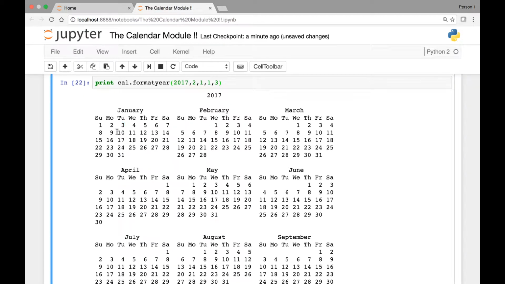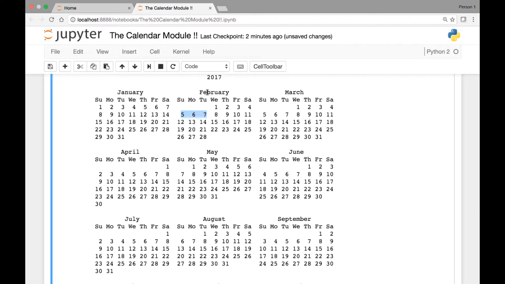So the second Tuesday for the month of January 2016 will be in the second week, right? Say Tuesday the 12th, which is in the second week. But in some of the months, the first week might not have a Tuesday. For instance, February, the first week doesn't have a Tuesday. So here, the Tuesday in the second week is the first Tuesday. But we want to find out the second Tuesday of each month. So in the case of the month of February, the second Tuesday lies